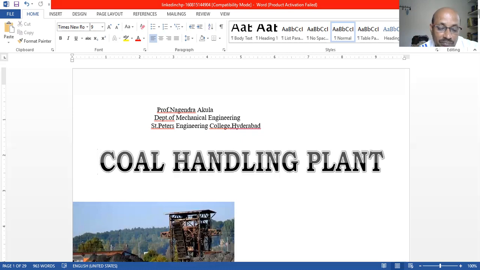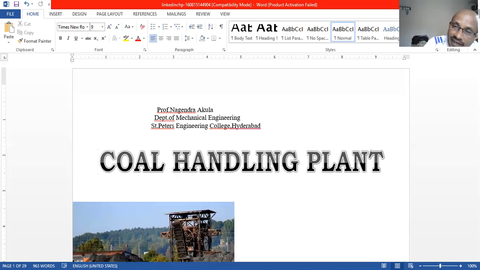Another one is there to transfer that coal. The fourth point is transfer of that coal from one point to another point. So we are going to use a hoist. What is the function of a hoist? You know that a hoist is like a lift. We are going to transfer with that hoist. Next, bucket elevators. With those buckets, we are going to transfer.